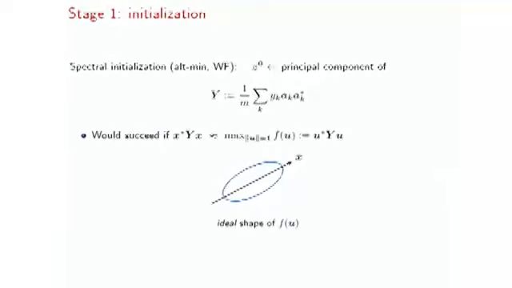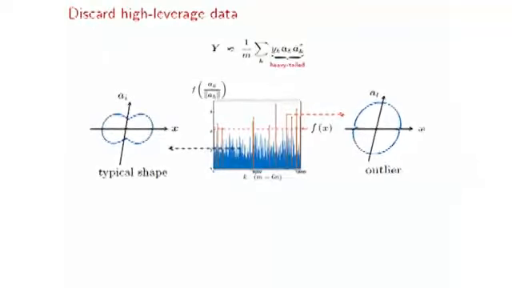But unfortunately, this is not really the case unless we have a lot of data. In practice, if we don't have that much data, this is what we are going to get. There are quite several directions, and it's not hard to find them, such that they are far away from the ground truth, but Y has higher energy along these directions. This is not good news for us because if we compute the principal component, it's more likely for us to get something closer to these outlier directions.